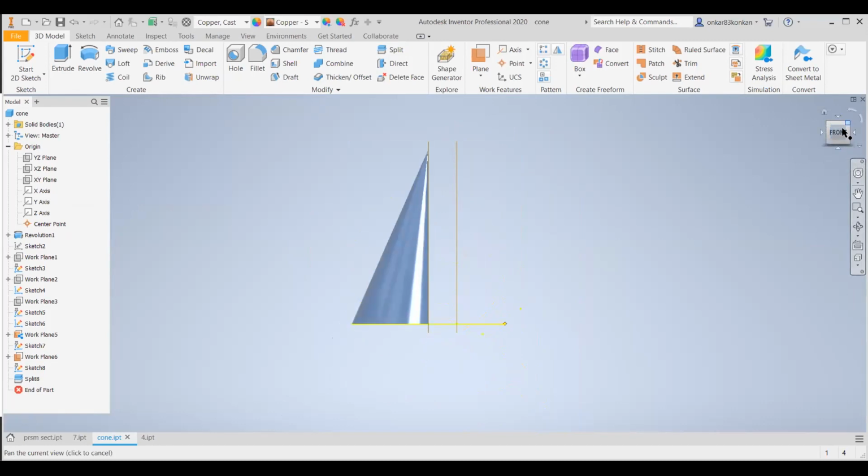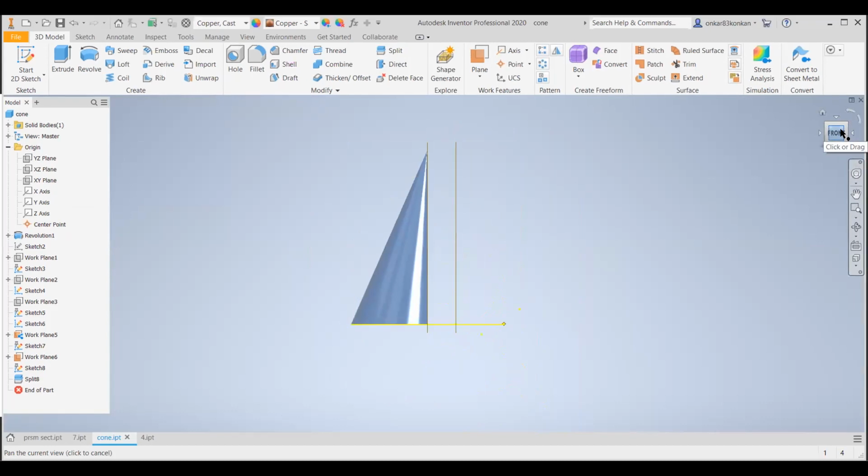So this is how by selecting the different position of the section plane, you can obtain the different standard geometrical shapes for the cone, that is a ellipse, hyperbola, parabola, triangle, and even you can obtain a circle if you take exactly horizontal section plane.